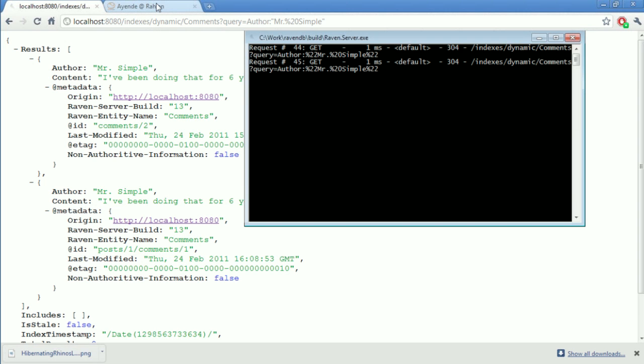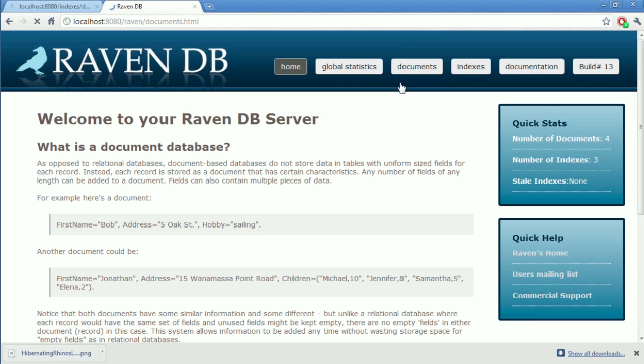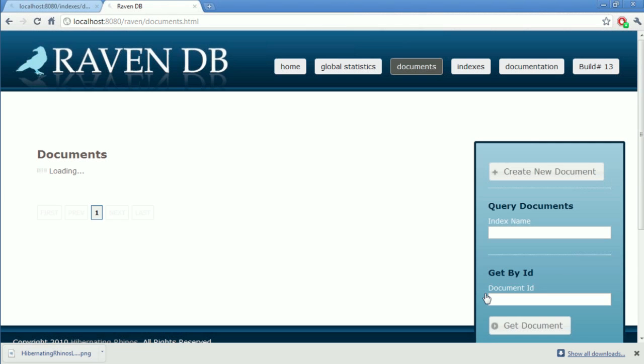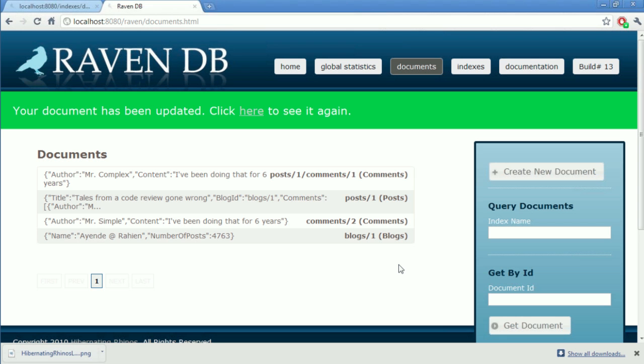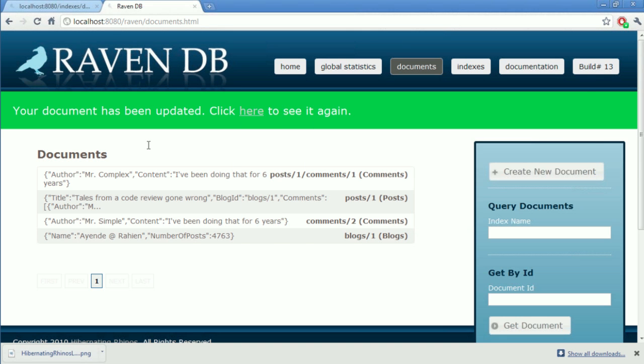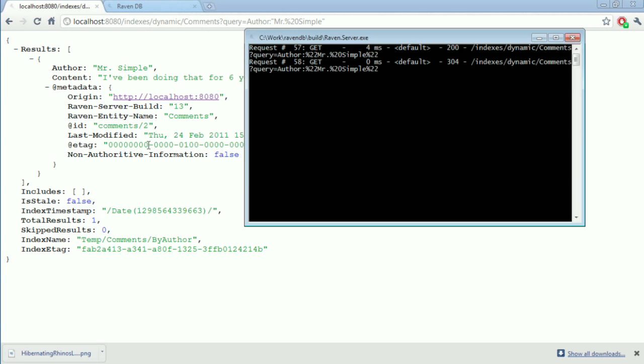And let's look at what happens when you're now going to modify something. So now I'm going to modify this, and I'm going to clear out the console, and I'm going to issue the same query again. Now you can see that the information has been changed, and instead of getting the 304 that we got before, we get a 200. 200 means we have new information.